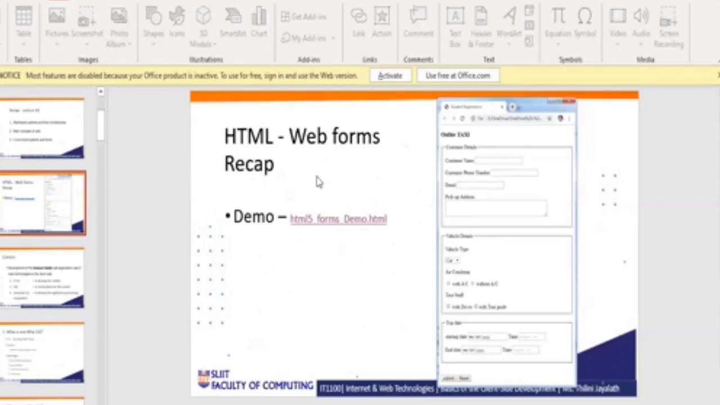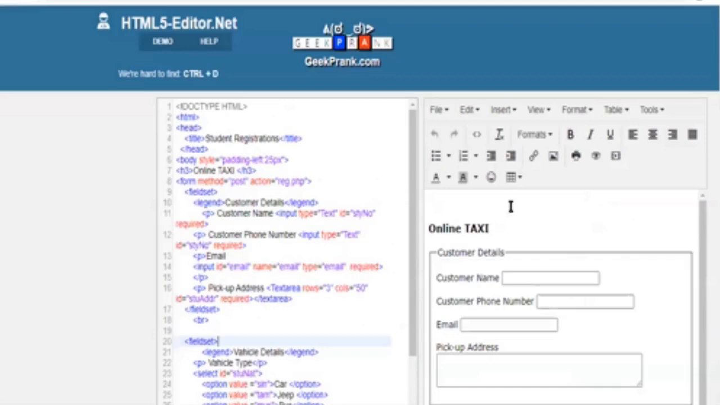Okay. Shall we look at this one by one? Okay, wait. I'll share the screen with you. Okay. So you all can see my screen, right? Okay. Now